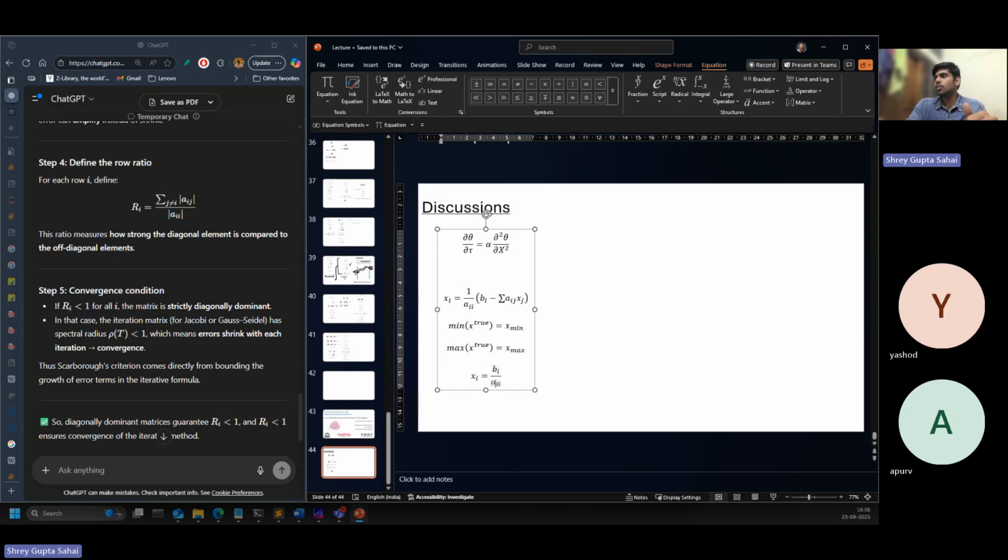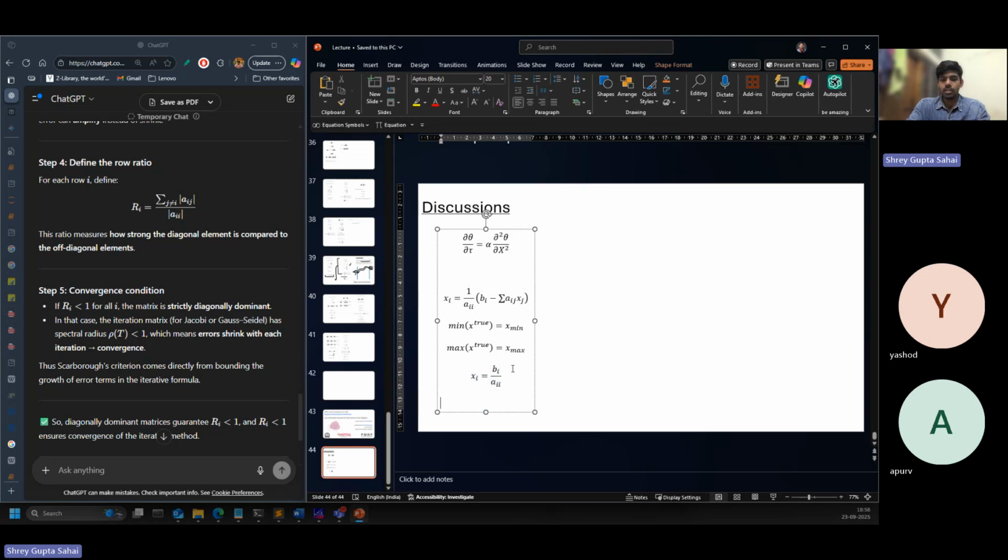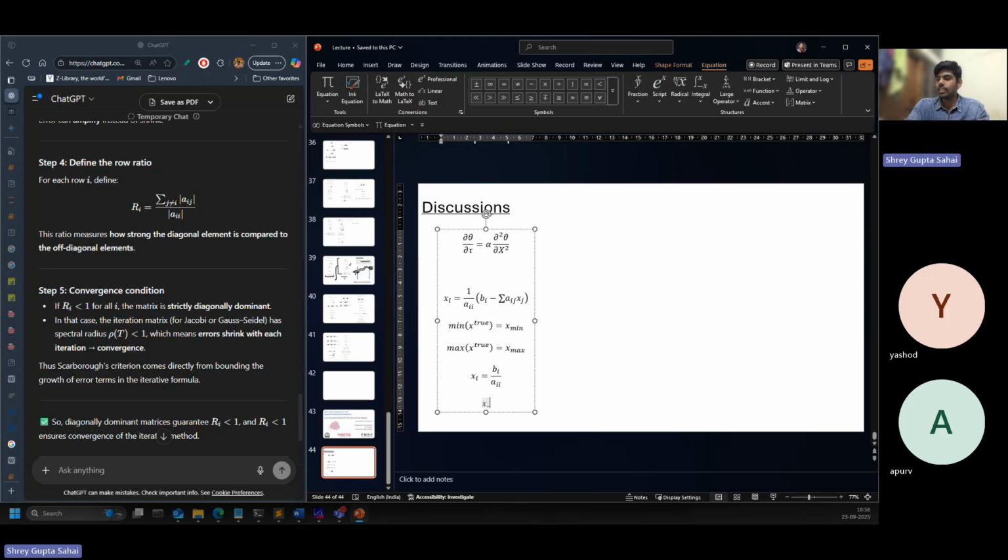In that case, it can have the tendency to diverge. BI by AII, and then it can diverge by this value AIJ by AII